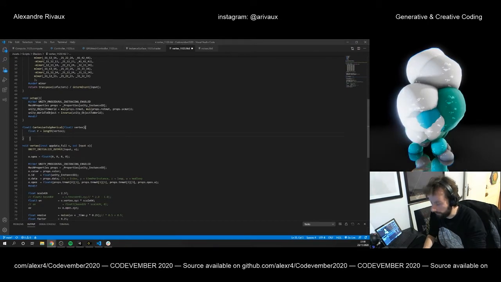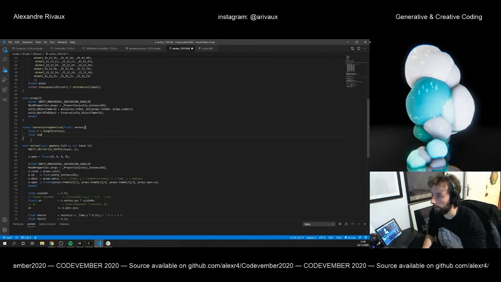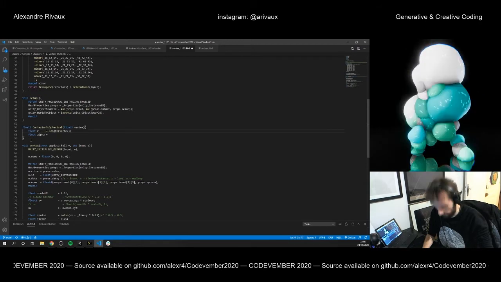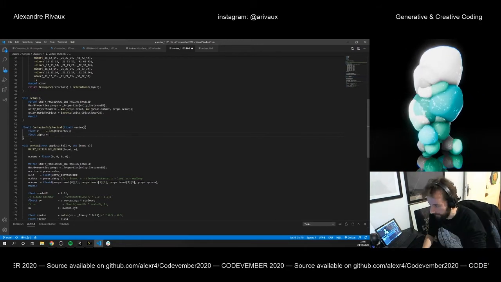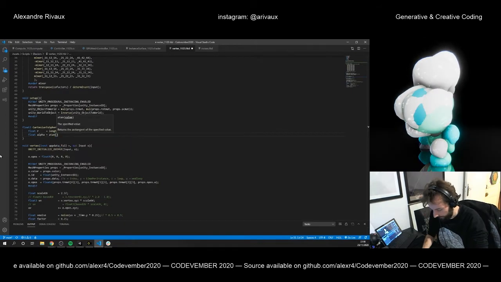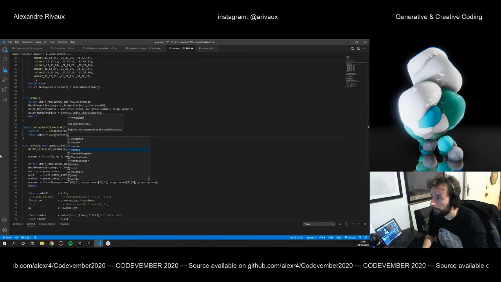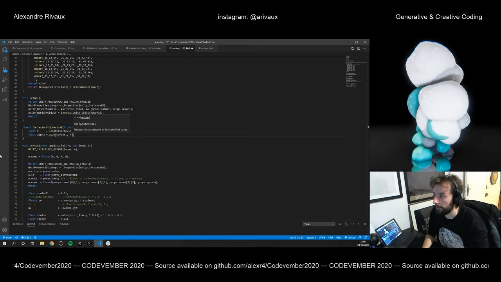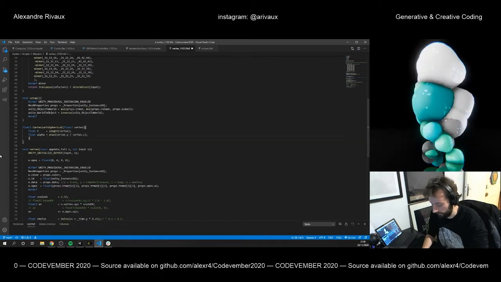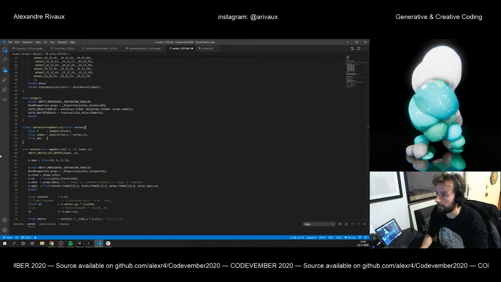Now we can compute alpha, which is basically the arctan of vertex dot y divided by vertex dot z, and of course float phi, which would be equal to the arctan of